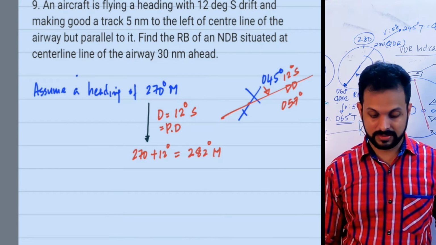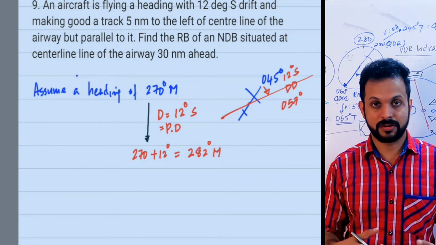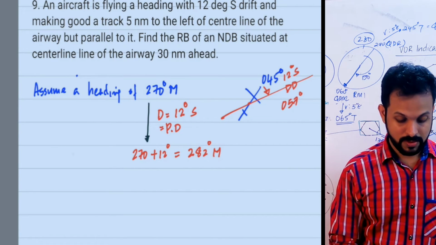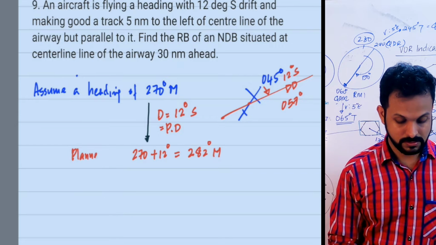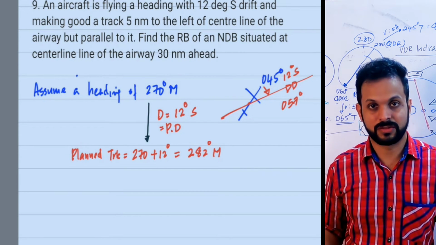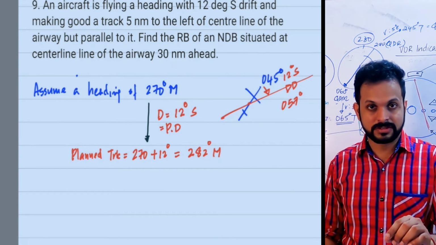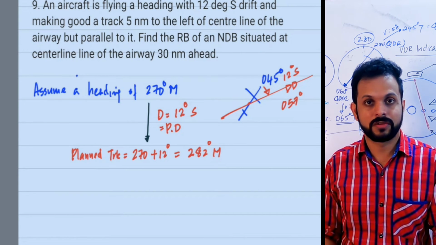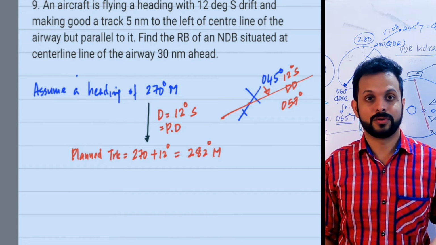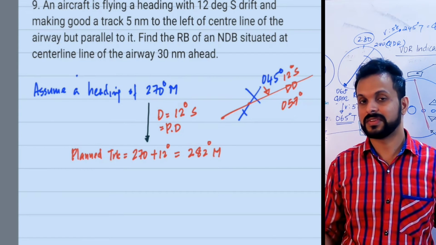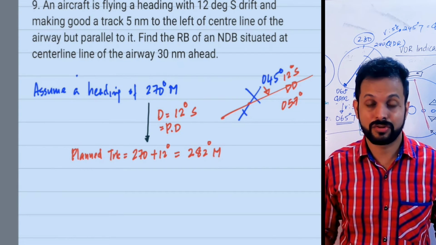Now the point here is, since we are looking at a planned drift and we are deriving the track from the heading using this planned drift, the track which you obtain is also the planned track. The track which you intend to fly even before the flight, not the actual track or the track made good. That's what I'm trying to tell you, right? If the drift is given from an instrument reading, like an ADF, it's going to be the actual drift, and therefore the track would have been the track made good or actual track. In this case, the drift is just given straight in the question without any indication from the instrument, so that is going to be the planned drift,